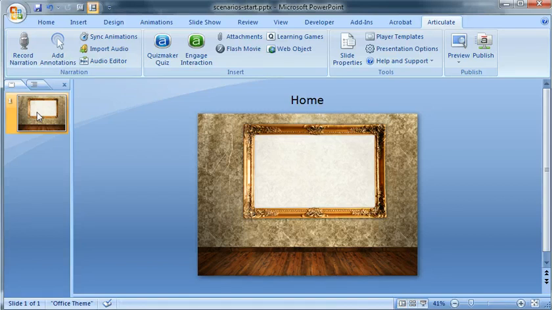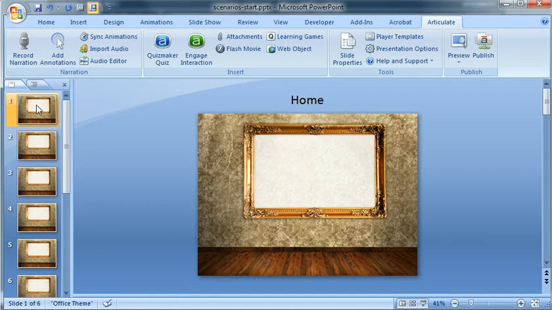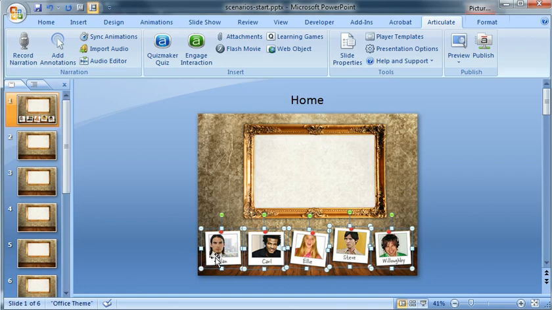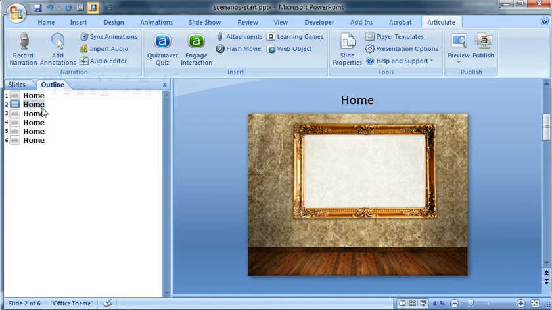I want to duplicate this home slide now 5 times, one for each of those 5 characters. So Control D 5 times gives me 6 slides total. Come back over here to the home slide and press Control V to paste those characters back in place. And now I can go back to my outline and rename each of these slides, one for each of the characters. So Alan,